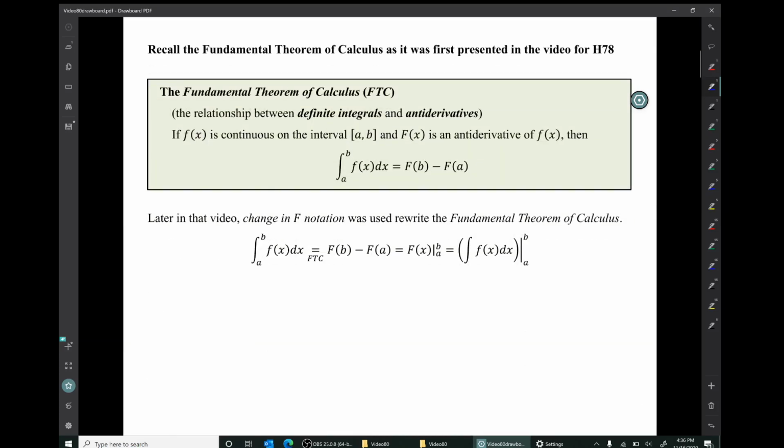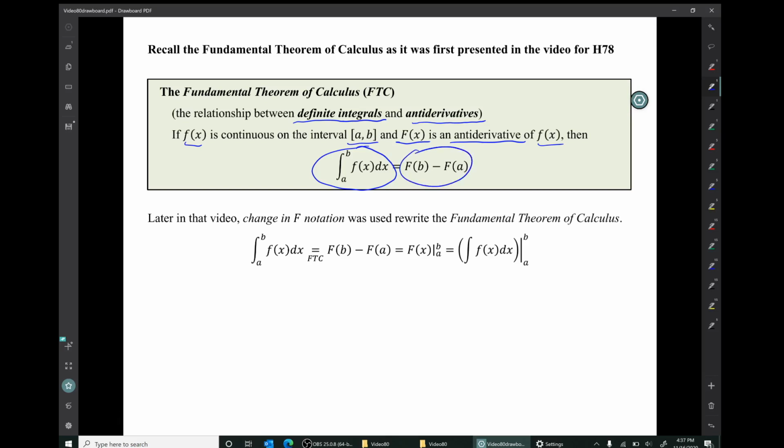Recall the fundamental theorem of calculus as it was first presented in the video for homework 78. The fundamental theorem of calculus, remember, is the relationship between definite integrals and antiderivatives. And it says this: if little f is continuous on a closed interval [a, b] and capital F is an antiderivative of little f, then the definite integral of little f from a to b equals this change in capital F